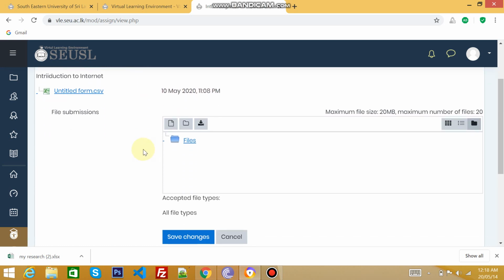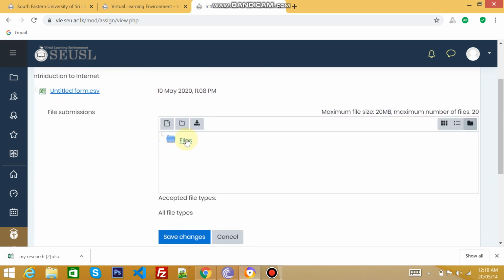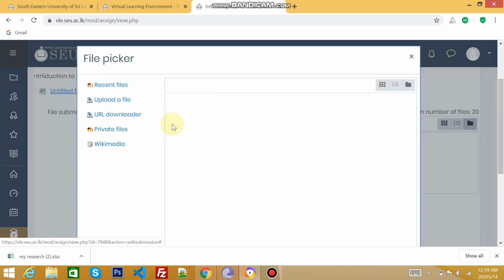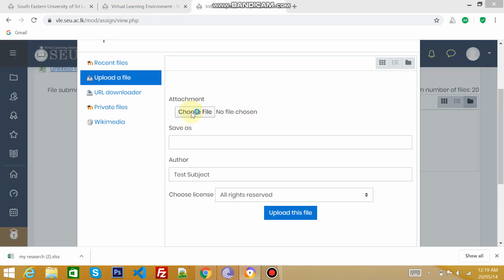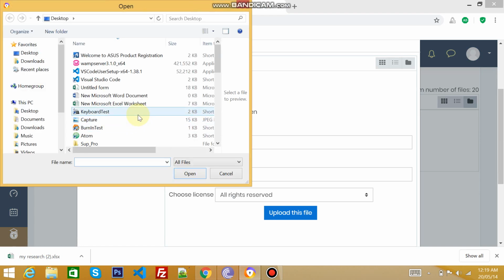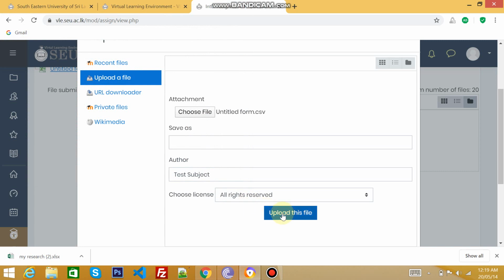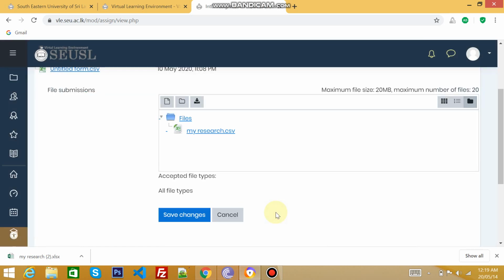On this page you can upload your file. Just click this one. Okay, choose your file. You have to select where your file is, and you can give any name or whatever, and upload it.